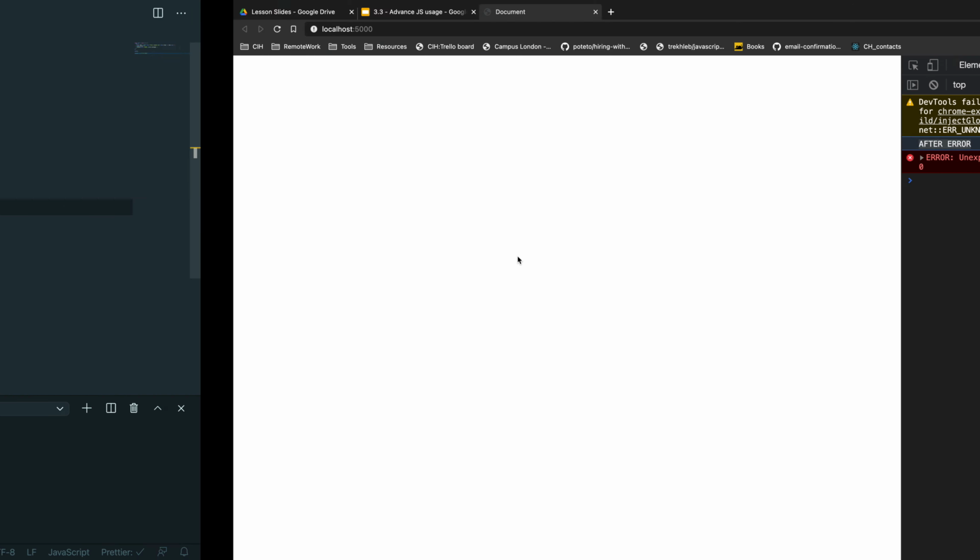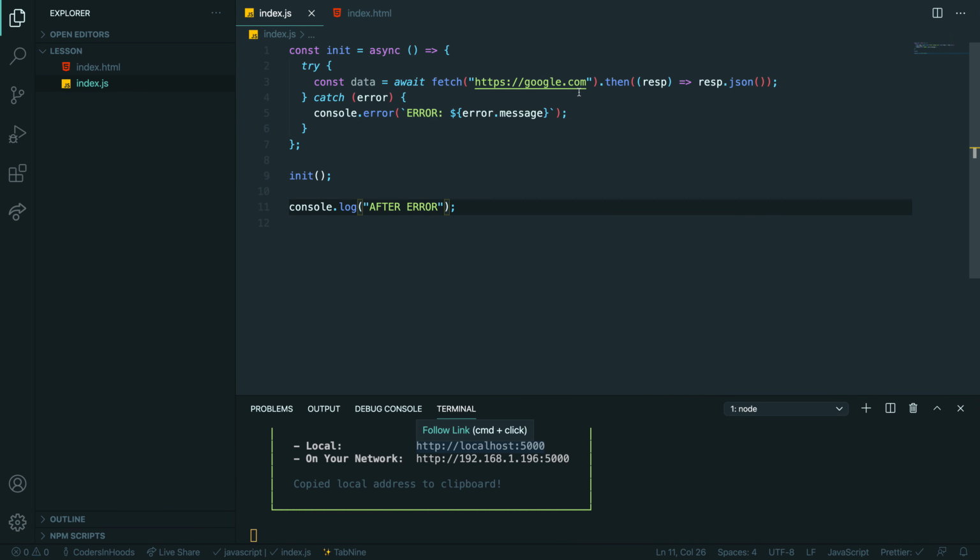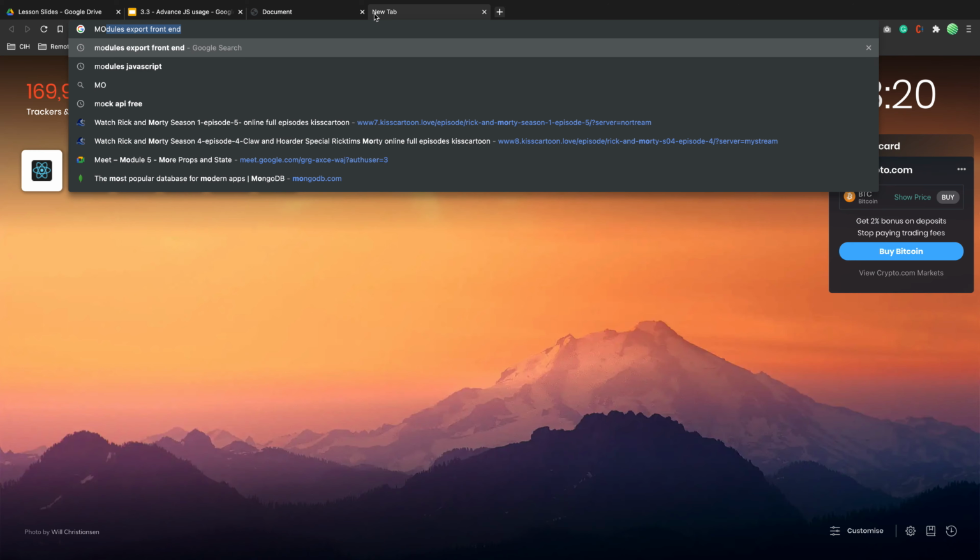And you have an error here because you don't have a server? Yeah, because Google.com doesn't return any data. Ah, yeah, correct. It's not actually a valid endpoint or source of data. So let's mock